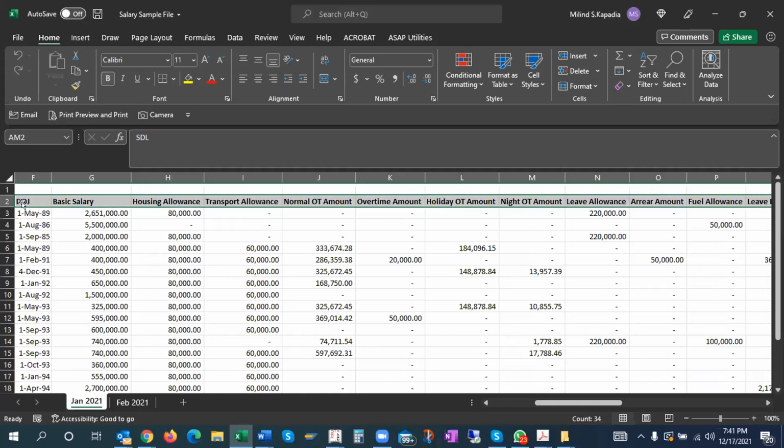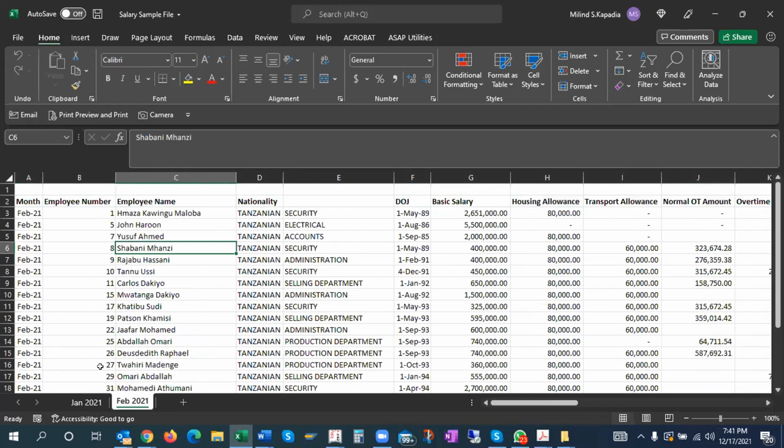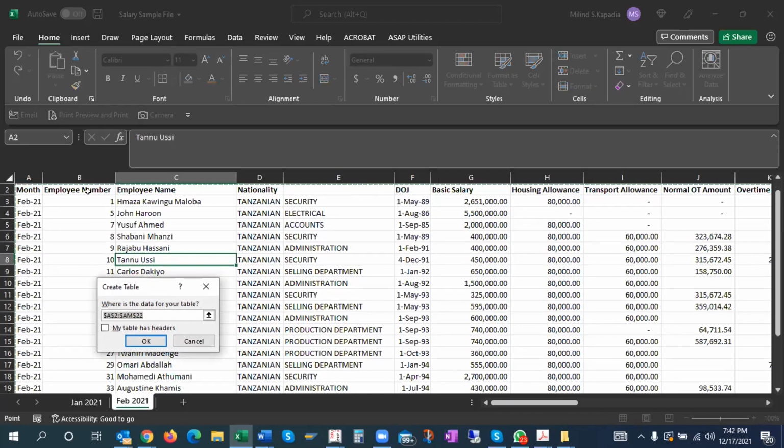Now I want to present this data in such a way that if I want to analyze, I can analyze in a better way. So I have taken only 2 months data. What we can do is, again, we can take it to the Power Query. Again, the procedure is the same. Put your cursor in any of the data and press Control T to have a table.